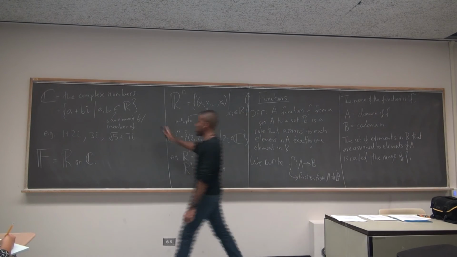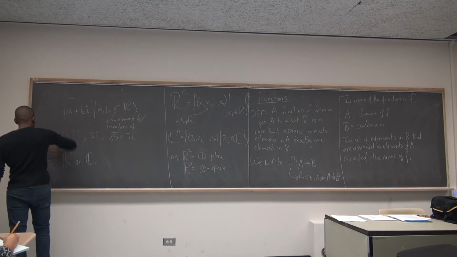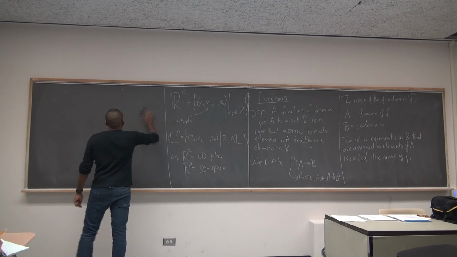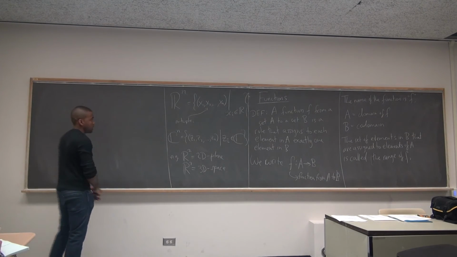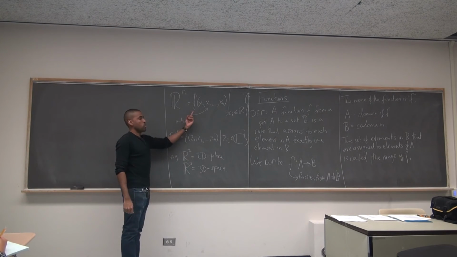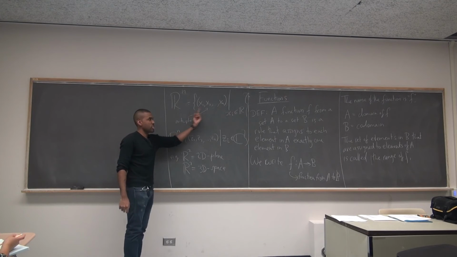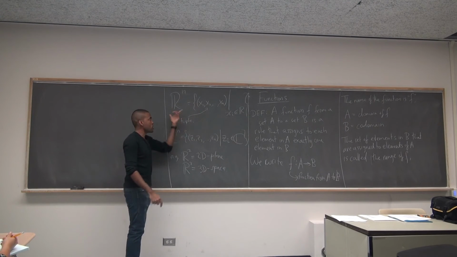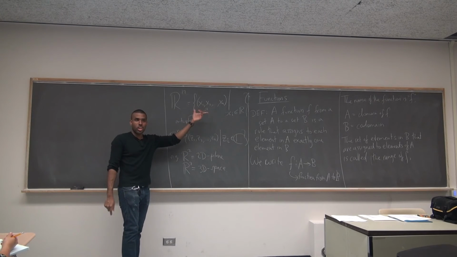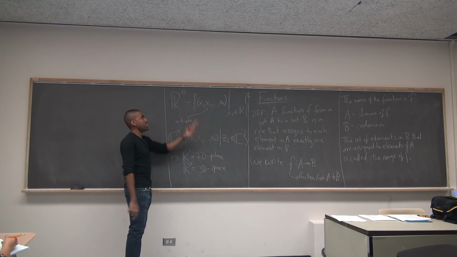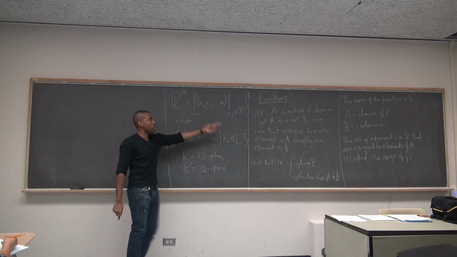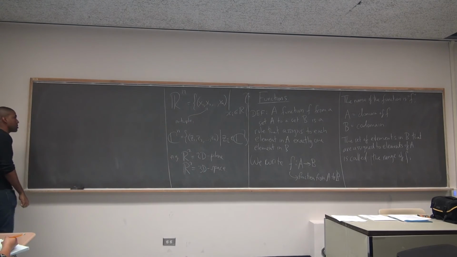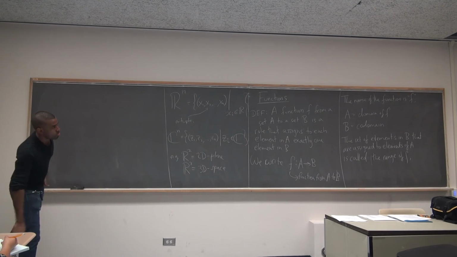These things are going to be important later. By the way, this is good practice. You see how every time I'm talking about something, I can write down specifically what it is. It's not, well, it's kind of like this. No, you need to know what things are exactly. Rn is the set of all coordinates where the components are all real numbers. You're going to have to be very specific in this class.